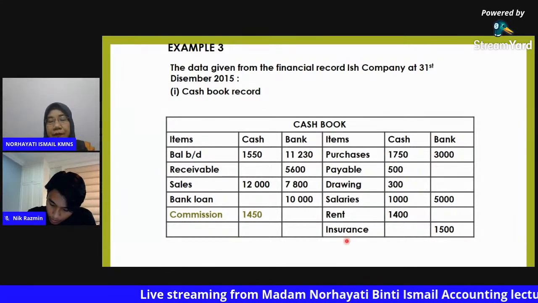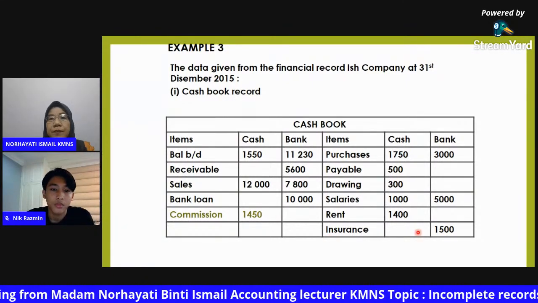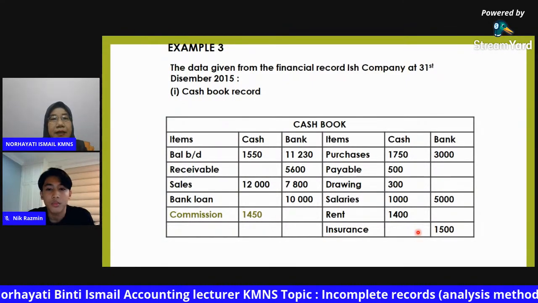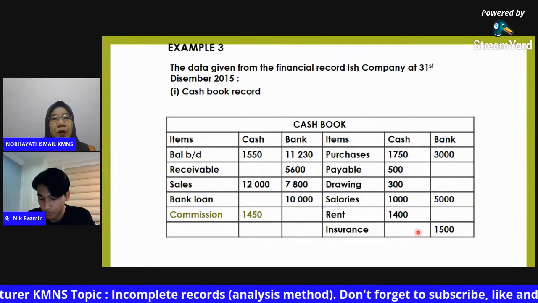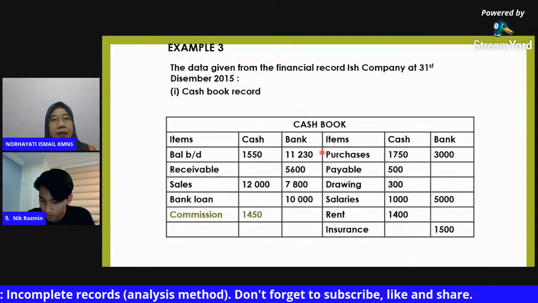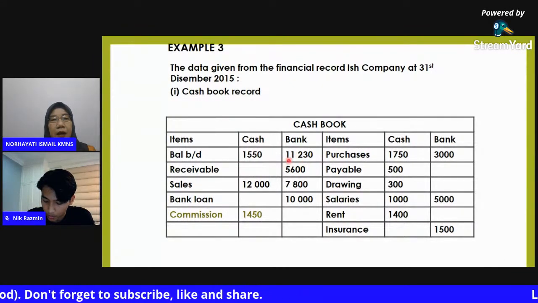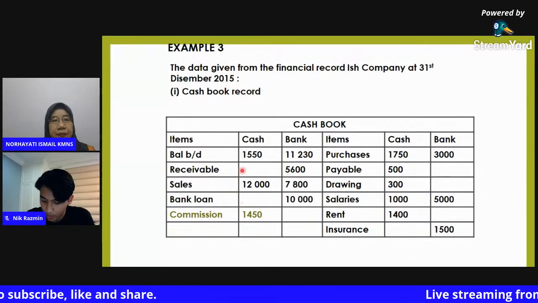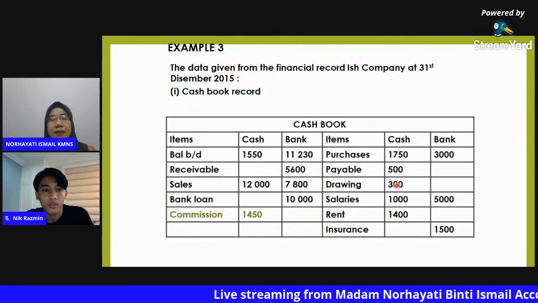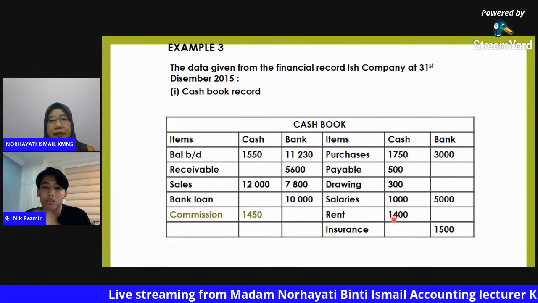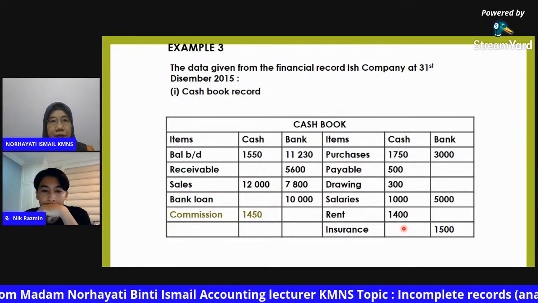And if we don't have the ending balance, kalau tak ada the ending balance, we must calculate the ending balance. What is the formula? Okay, the formula is the beginning balance plus all the receipt for cash. Let's say that for cash receipt, and you must less cash payment, then you will get balance carried forward for